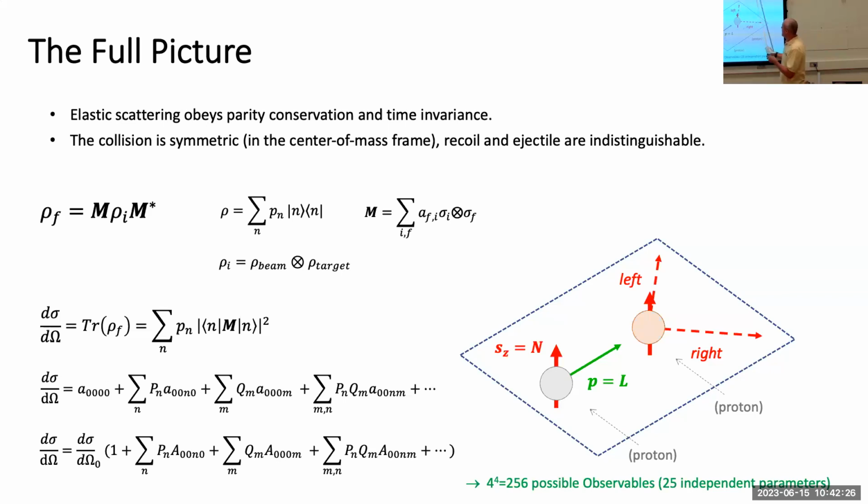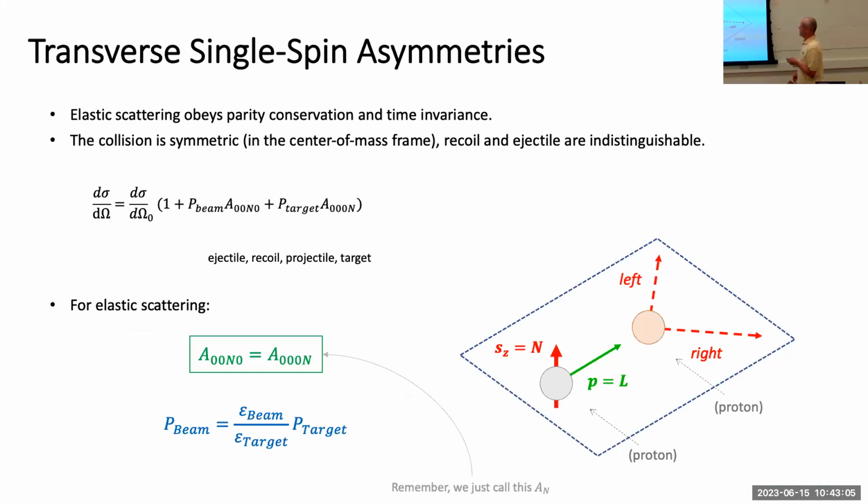full experiment. Now we talk about elastic proton-proton scattering, so we have parity conservation, time invariance, and other symmetries that we should consider and make sure that they're obeyed. So some of these parameters actually are 0. Some of them are the same, might have an opposite sign. So this whole thing for elastic PP scattering boils down to 25 independent parameters. And then the question is, which ones are actually sizable, usable, that we can use this to actually make an